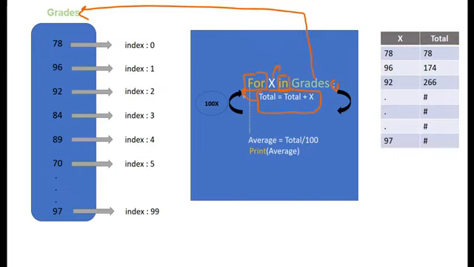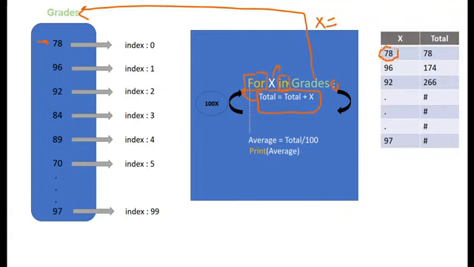Okay? Now, how many statements in total in the body of the for loop? Only one. Okay, now what is the statement? Simply total equals total plus x. Now let's track the execution of this for loop and see how Python actually executes this for loop, right? So first, for x in grades, Python will create a variable called x, and it will set it initially to the value 78, which is the first element in the list, as you can see here,